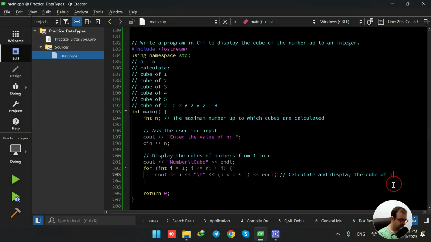For example, in the first iteration, I equals 1, okay? We are going to have 1 and then one big space and then another 1. It's the cube of 1 is 1. Then I equals 2, we are having 2 and one big space, and then we are going to have 8, its cube. And then we are going to have 3 and then its cube, which is 27. So when I run this code,